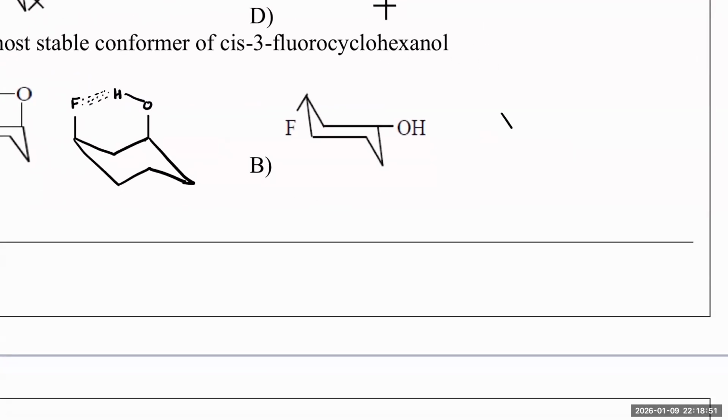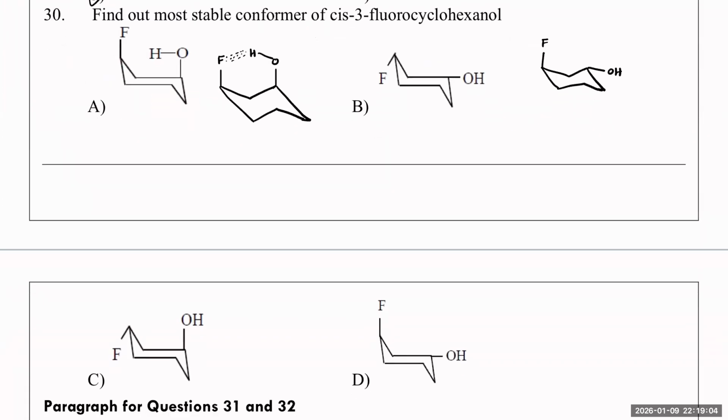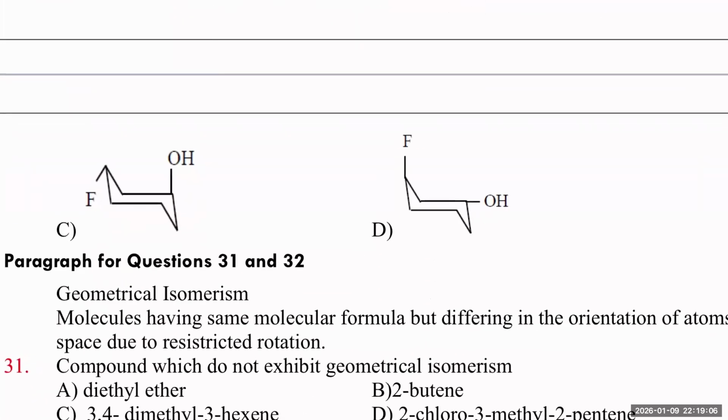In the second case here, if you have it like this, this is the axial direction and here it is the equatorial direction. So here, definitely compared to A and B, A is relatively more stable. And next, in case of C here,